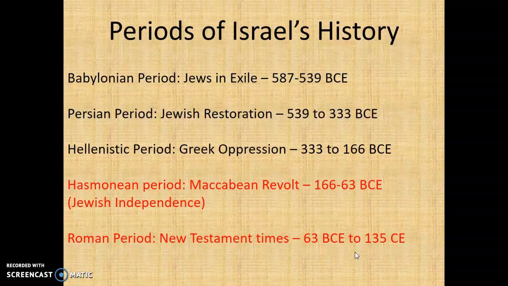Now, looking at the broader scope of history, the Persians were defeated by the Greeks. And so when they came in, the Greeks also defeated Israel as well. So we're going to call this period the Hellenistic period, and we'll talk a lot more about that in a second. And the next period of Israel's history involves Israel actually ruling itself. That doesn't happen very often in history, but the Hasmonean period is when the Jews rose up against their oppressors and in their Maccabean revolt, and they were able to rule themselves for almost 100 years.